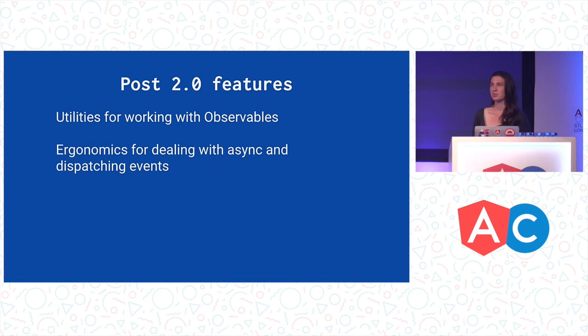But we know that there are some things that we could be doing better that we're already starting to think about. The first one that is at the top of my mind is utilities for working with observables. We've heard a lot about observables at this conference, and as they become more prevalent, they become something of a problem for our testing frameworks, because many observables will set up polling timeouts that aren't easily tested with the async utilities that we have now. The observables framework itself has an interesting setup where essentially it creates a log of events as a string and then looks at that. And we're looking into how we can use utilities like that to make a good setup